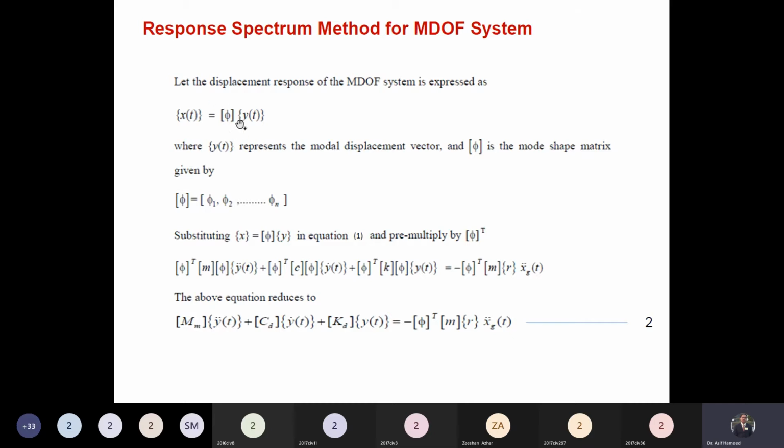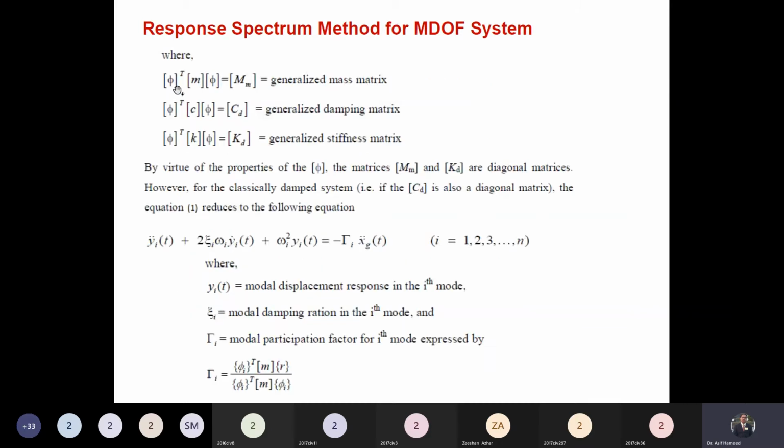We have the modal matrix, we have found the mode shapes. We can multiply with the modal matrix and transform the coordinates from the normal to the modal, and then we can use the orthogonal property of the mode shapes. What is the orthogonal property? We can multiply the mass matrix, stiffness matrix, and damping matrix with the transpose of the modal matrix, and then with the modal matrix. What will be the answer here? We will have another mass matrix, another damping matrix, another stiffness matrix. And these matrices, the damping matrix and the stiffness matrix, will be diagonal.